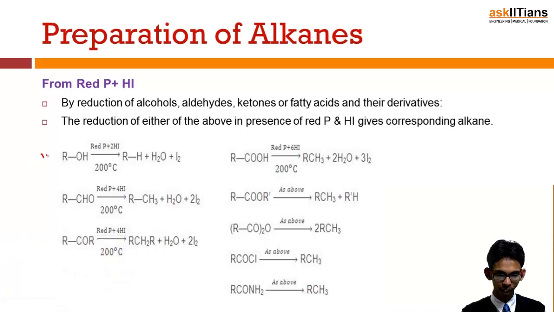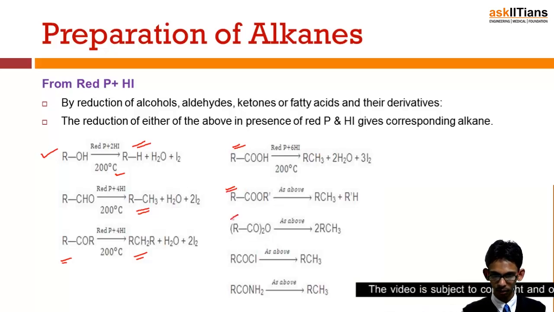Here primary alcohol reacts with red phosphorus and HI at 200 degrees Celsius to form alkane. Similarly, aldehyde can also be reduced to corresponding alkane. Ketone can also be reduced to corresponding alkane. Similarly, reduction of carboxylic acids also takes place at 200 degrees Celsius. At a similar condition,